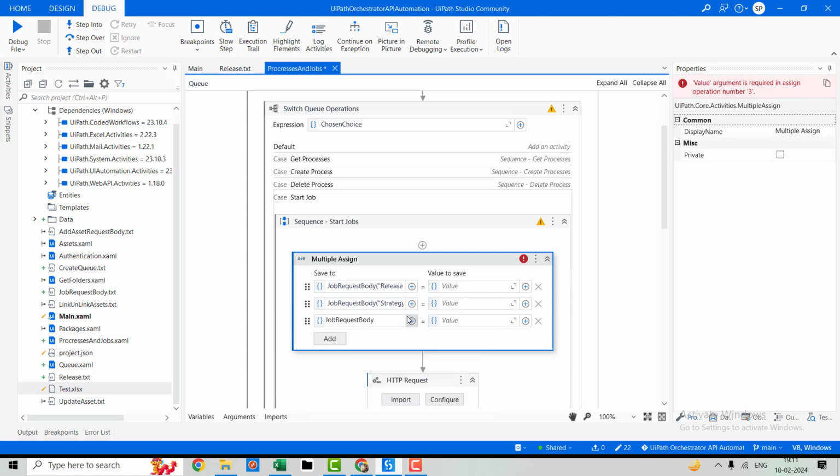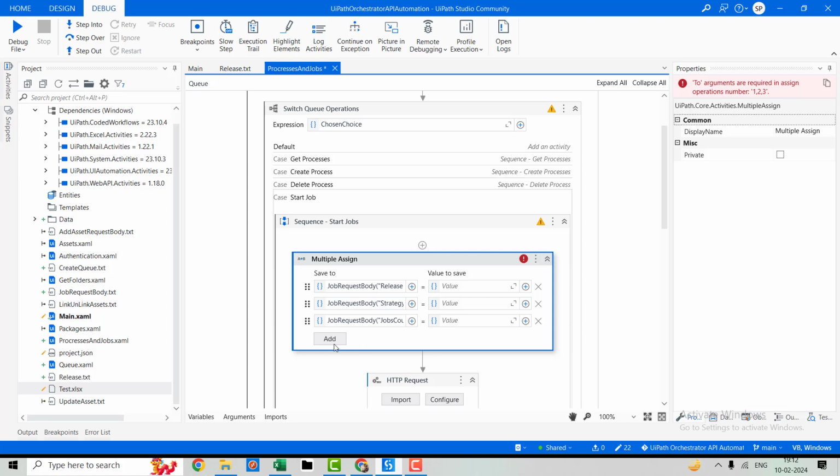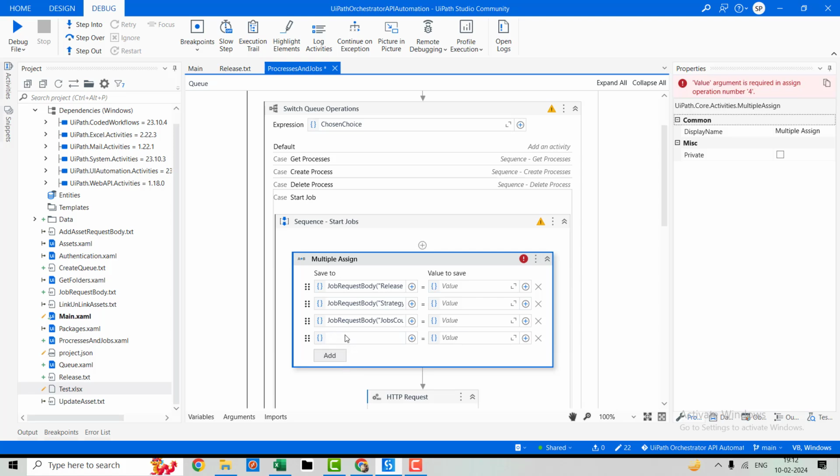Again open it in advanced editor. This time we'll keep the job count. That's it. And at the end we'll use the request body,